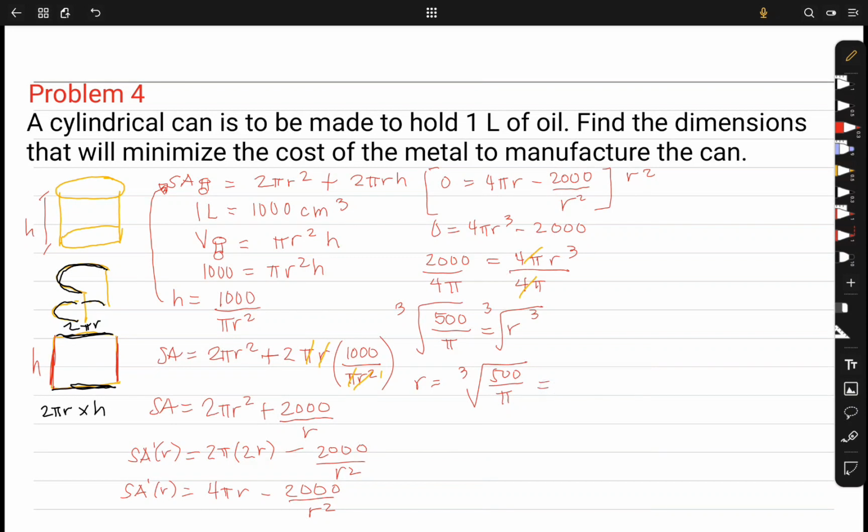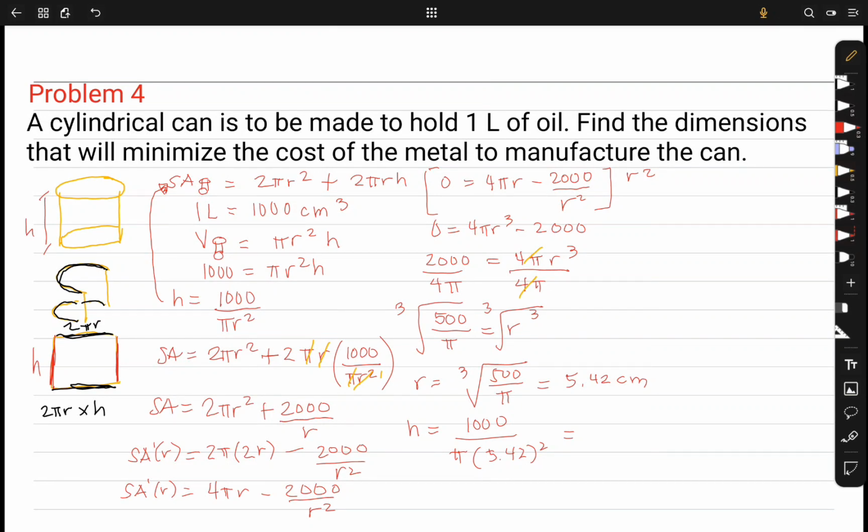That is equal to 5.42 cm. Using a calculator for that. And then, after that, we could find our height. So, our height is 1,000 all over pi times our r squared, that is 5.42 squared. So, our h is equal to